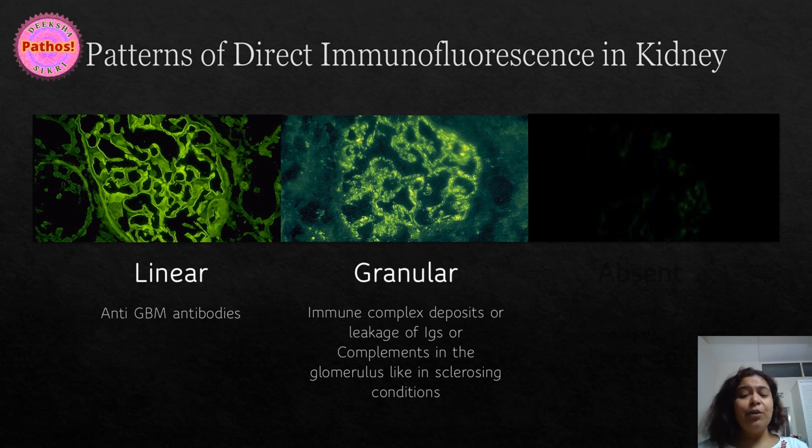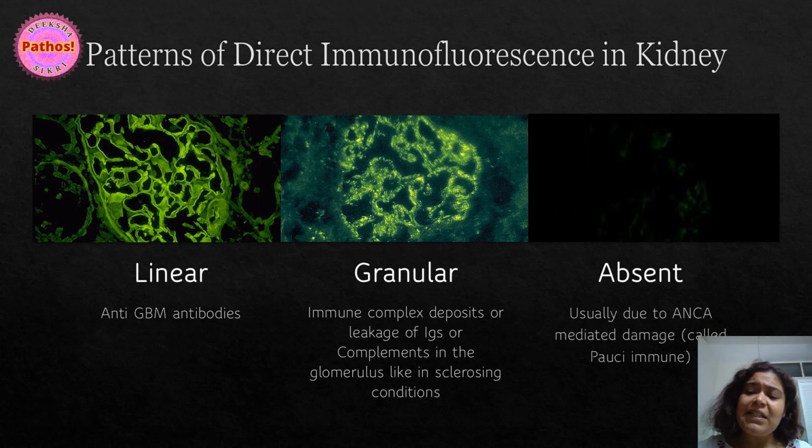So this is granular immunofluorescence, and this is when immune complexes are deposited on either side of the capillary loops or in the mesangium, and then we see even further, like I told you, where the granularity is focused. And this is absent, which is classically seen in ANCA-mediated pauci-immune. The reason we call it pauci-immune is because on renal immunofluorescence, you're not really seeing any kind of deposits, right? So linear, granular, absent: anti-GBM, everything else, and anti-neutrophil cytoplasmic antibody-mediated damage.